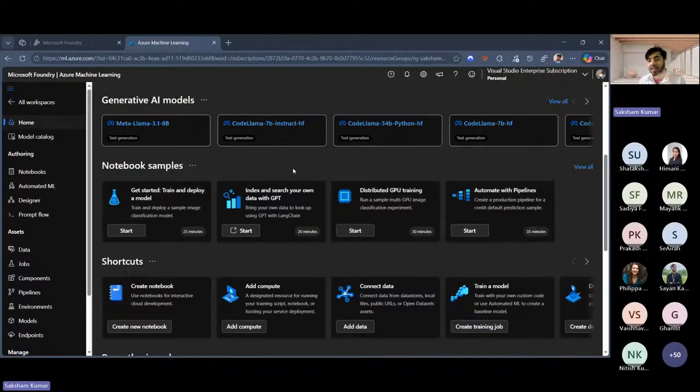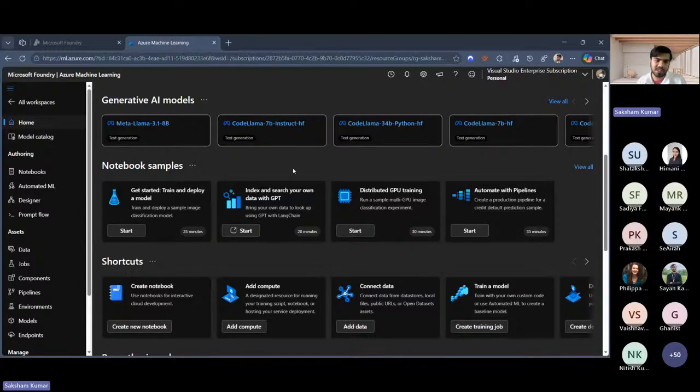We have environments. If you have worked with Conda or Anaconda, you make different environments for different tasks. If you want to run an ML flow model, you can use this. If you want to use the Python SDK, you can use this. Models, endpoints: endpoints is when you have made a model and you want to deploy it for users, for everyone. It will be deployed publicly and work like an API. So this can help you make an API of your own model.